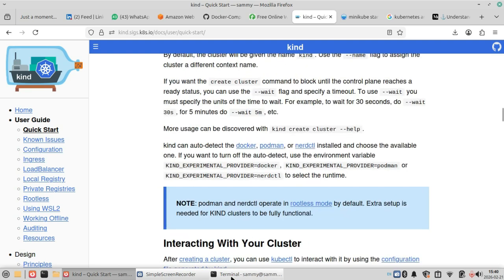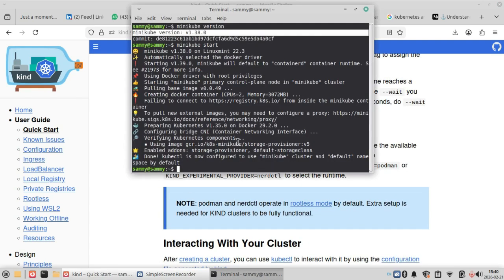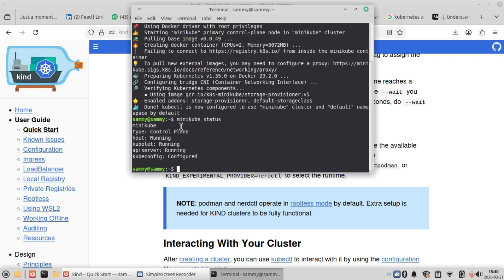Let us also confirm for our Minikube, our cluster is running. So I can simply do Minikube status. All right. So this is going to tell me the status of my cluster. So it is host is running, kubelet is running, API server is running, and kubeconfig is running. All right. Then our control plane is also running. All right. So to delete